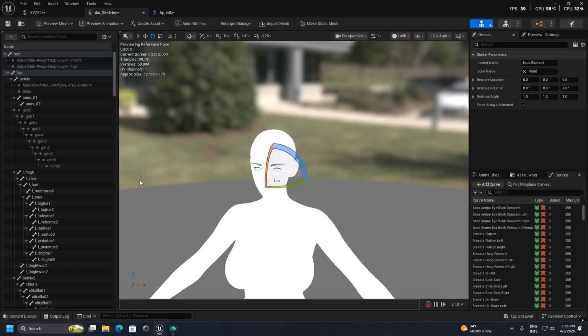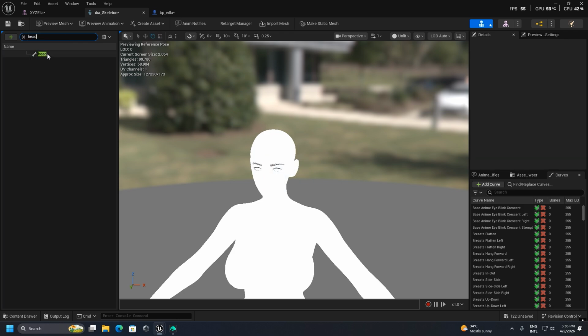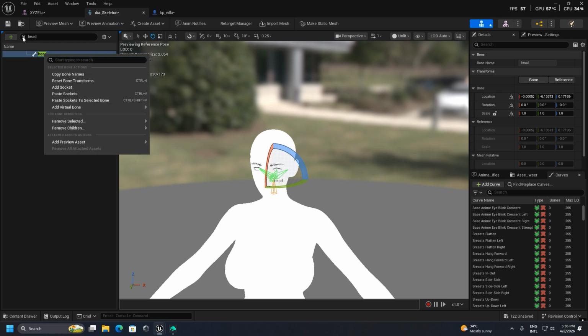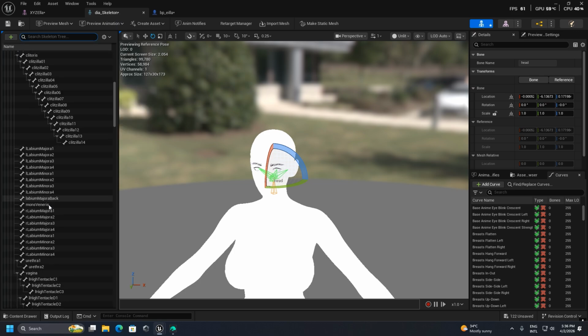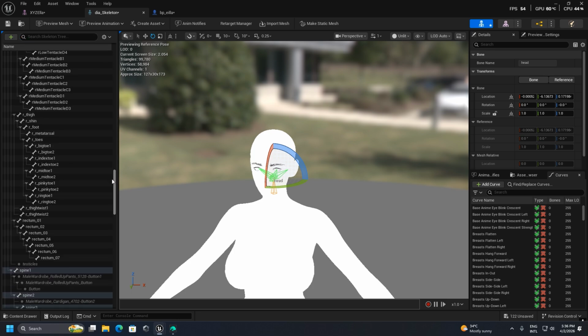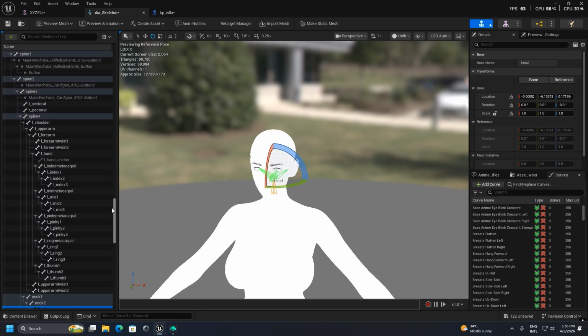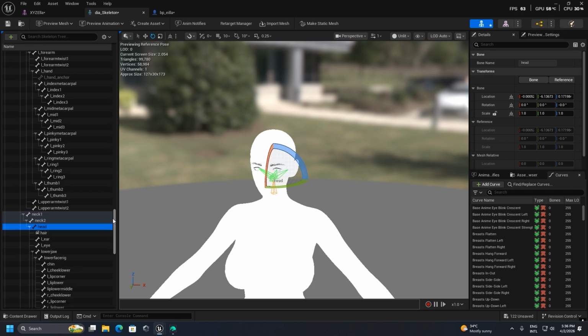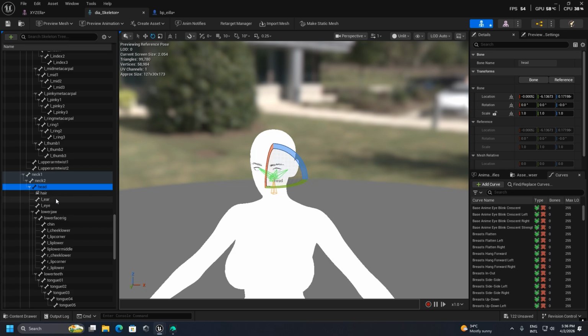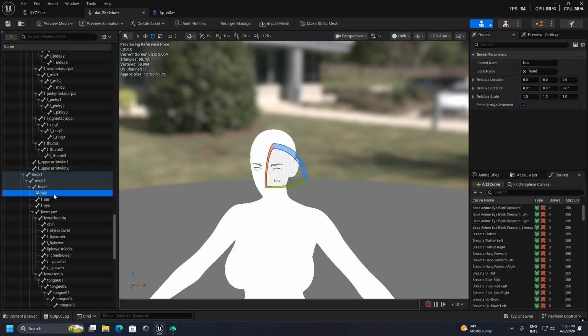and in our skeleton mesh we just search for the head, and you can see this is the head. And also we search from here. Okay, so this is our head bone,